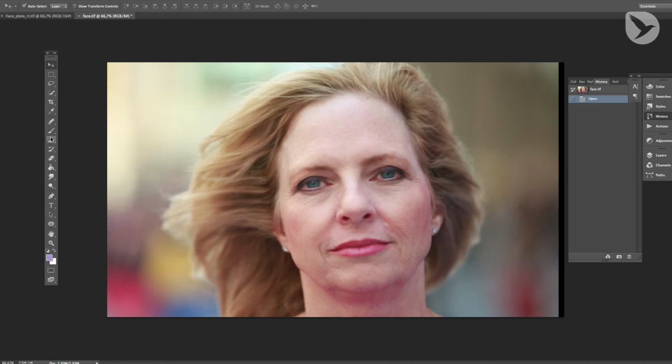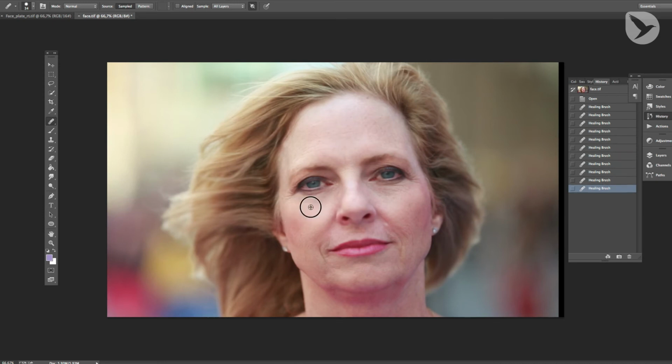The 2 tools that I use to retouch this lady's skin are the clone stamp tool and the healing brush. The healing brush works almost like the clone stamp tool, which means that you also sample pixels from one area and paint them over another part of your image, as you would with the clone stamp tool. The only difference is that the healing brush tries to maintain the color values of the area you are modifying to a certain point. But since that brush cannot completely replace the clone stamp tool because of its color awareness feature, I like to work with the healing brush and the clone stamp tool to get the result that I'm